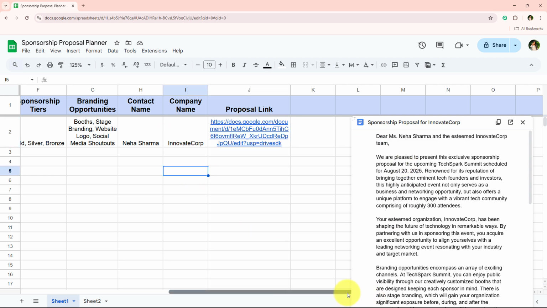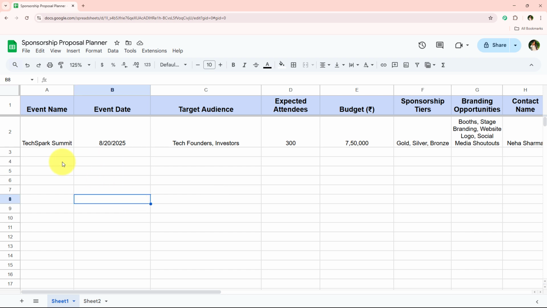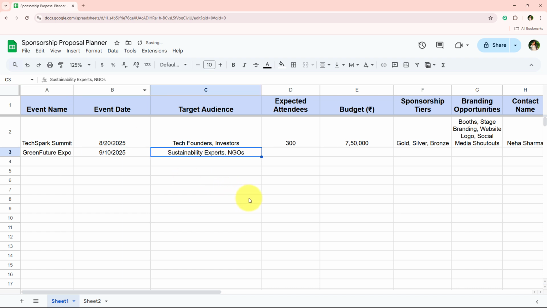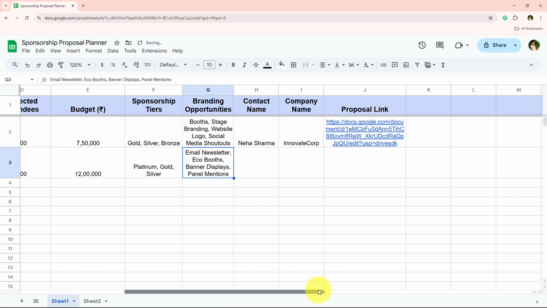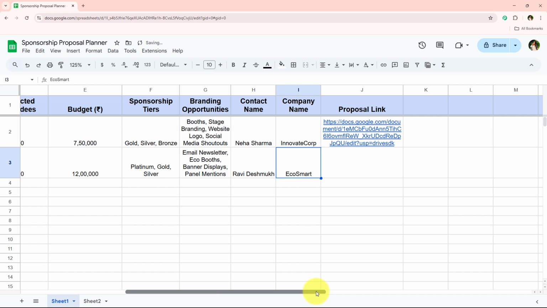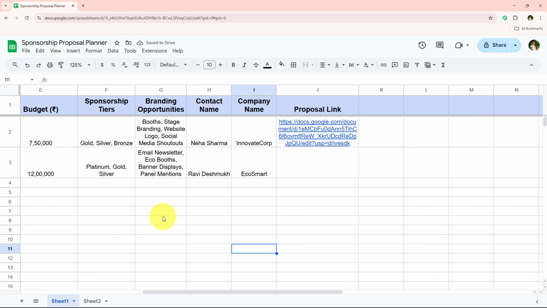So yes, before starting with this, I'm just going to show you the proper working of this automation. For that, I'm just going to enter the event name, the event date, the target audience, the expected attendees, the budget, the sponsor tiers, the branding opportunities, and now the contact name and the company name. And now once I enter all of these details, my AI agent is going to generate the proposal link right over here. We just have to wait for a few seconds, and using these details automatically my AI agent is going to